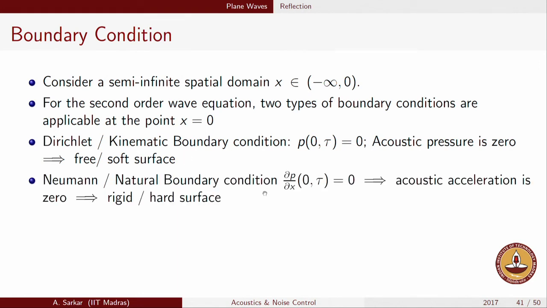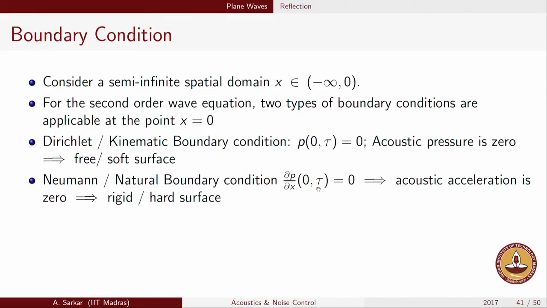The Neumann or the natural boundary condition is the boundary condition in terms of the derivative. This time the derivative is with respect to space, not with respect to time. When you had initial conditions, they could be a specification of p or the time derivative of p. When you have a boundary condition, it has to be a specification of p or the space derivative of p evaluated at the boundary. So, del p by del x evaluated at x equals to 0 for all time tau has to be specified, and it can be 0 or sometimes it can have a non-zero value also, but let us take this case of 0